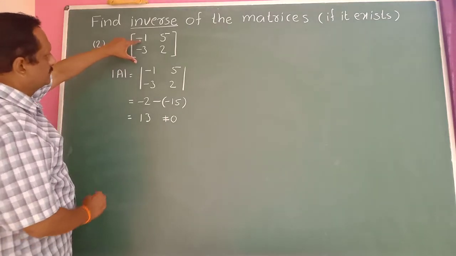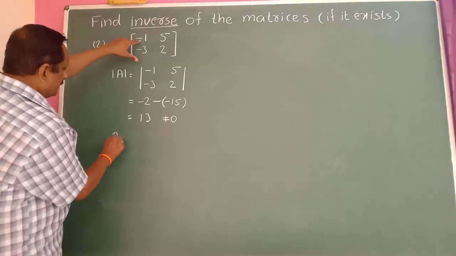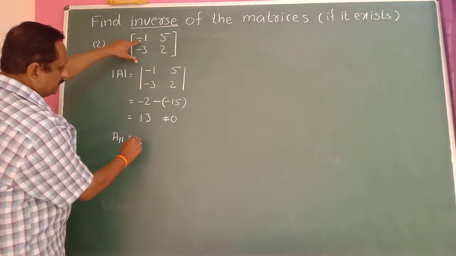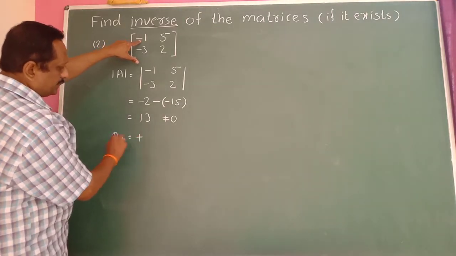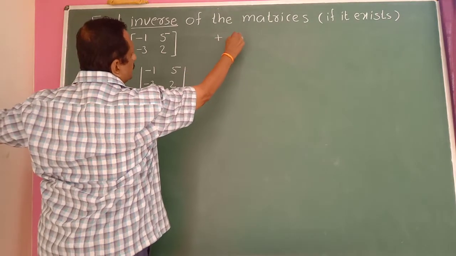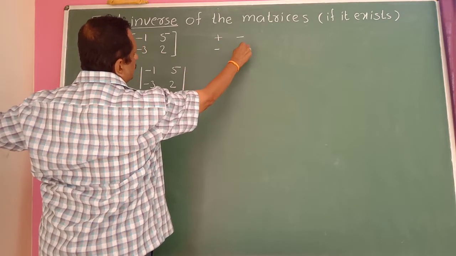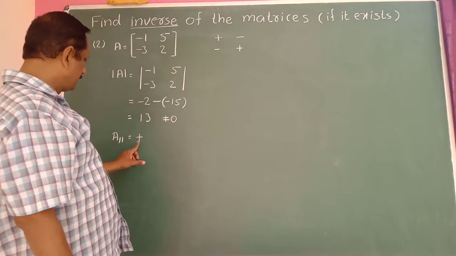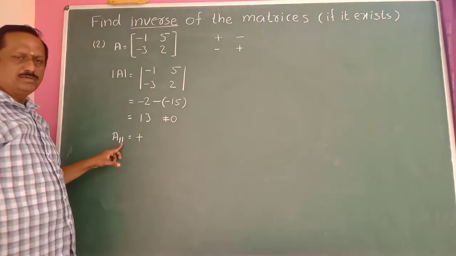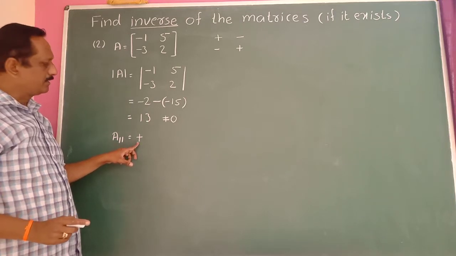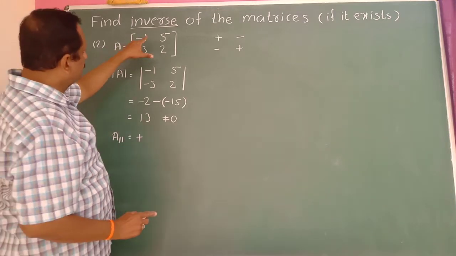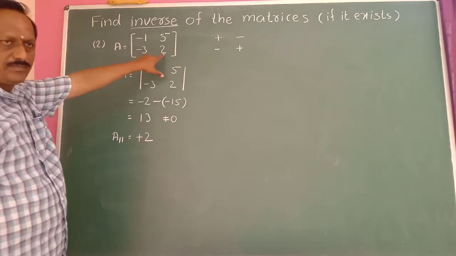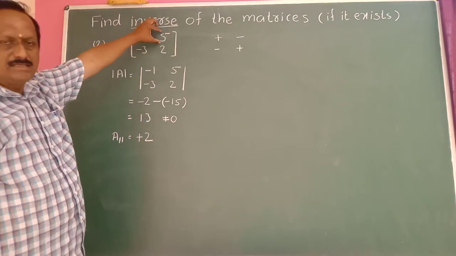So find the cofactor of this element. So write here A11. Here 1 plus 1 is 2, an even number, so write plus sign here. Remember the plus, minus, minus and plus here. For this element multiply plus sign. Deleting first row and the first column, the remaining element is 2 here. So write it.